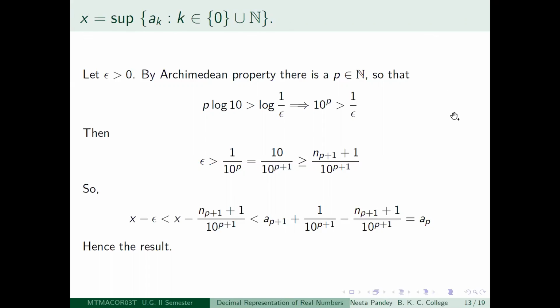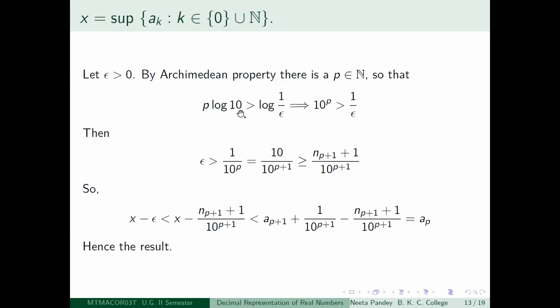Here also, I am requesting some indulgence on your part. I am assuming that you have at least a working knowledge of the function log. Log means log to the base e here. So what I want to show is that if I look at x minus epsilon, for any positive epsilon, then x minus epsilon will no longer be an upper bound of this set. For that, I am going to do some simple calculation here, provided I know what log is.